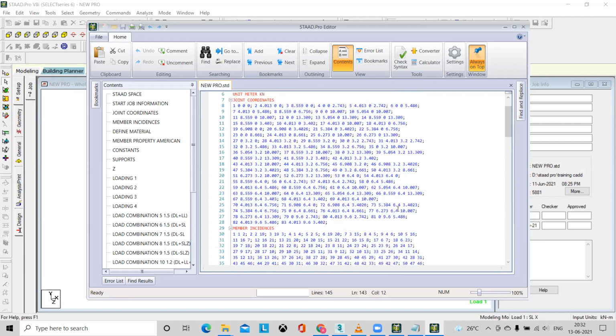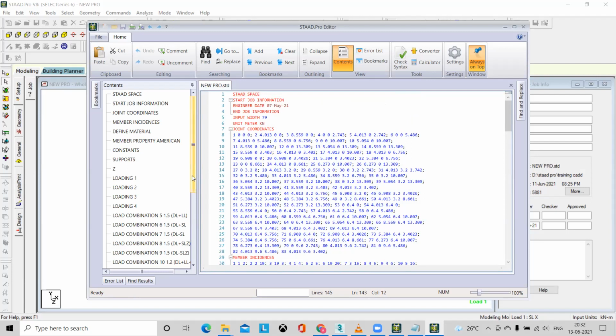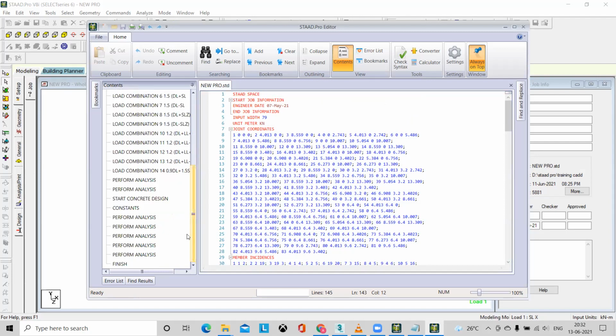So directly you can send that notepad file to any person, or you can send it through WhatsApp also. You can send it through mail also, or any means. Even through Zoom you can send that in the message. So these things can be sent by anyone to anyone in the STAAD Editor method. That's why people prefer this STAAD Editor method. I mean to say, industries prefer this one.